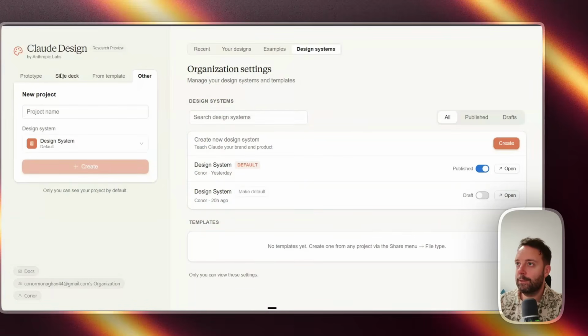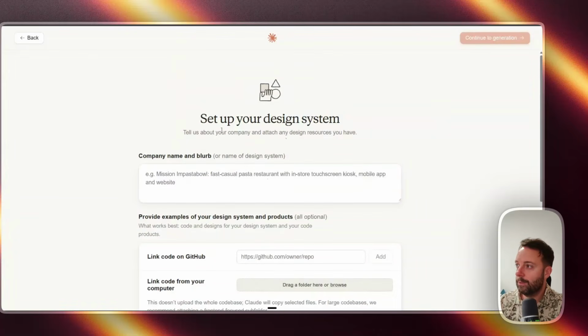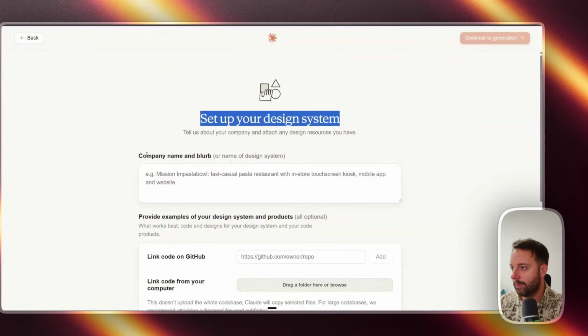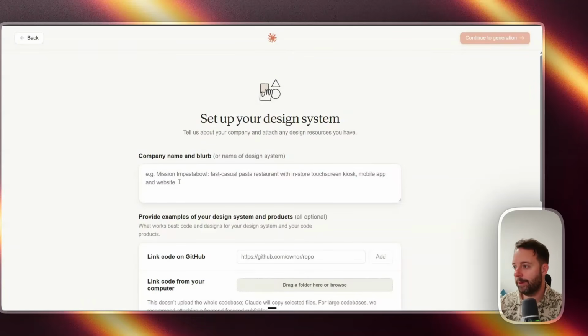So to get started, we go to Claude Design, right? This is in research preview, and we're going to create a new design system. So just go to other here, and we're going to create a project called Paco. So we're going to set up our design system. So I'm just going to give what it is that my new company is about, and then we're going to